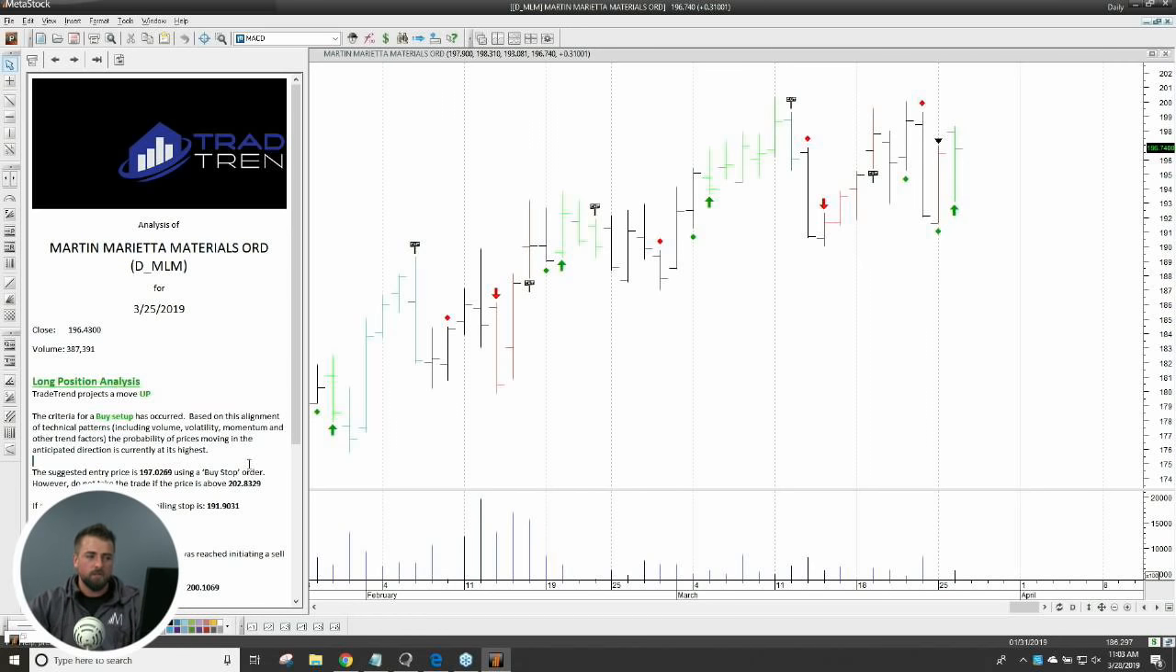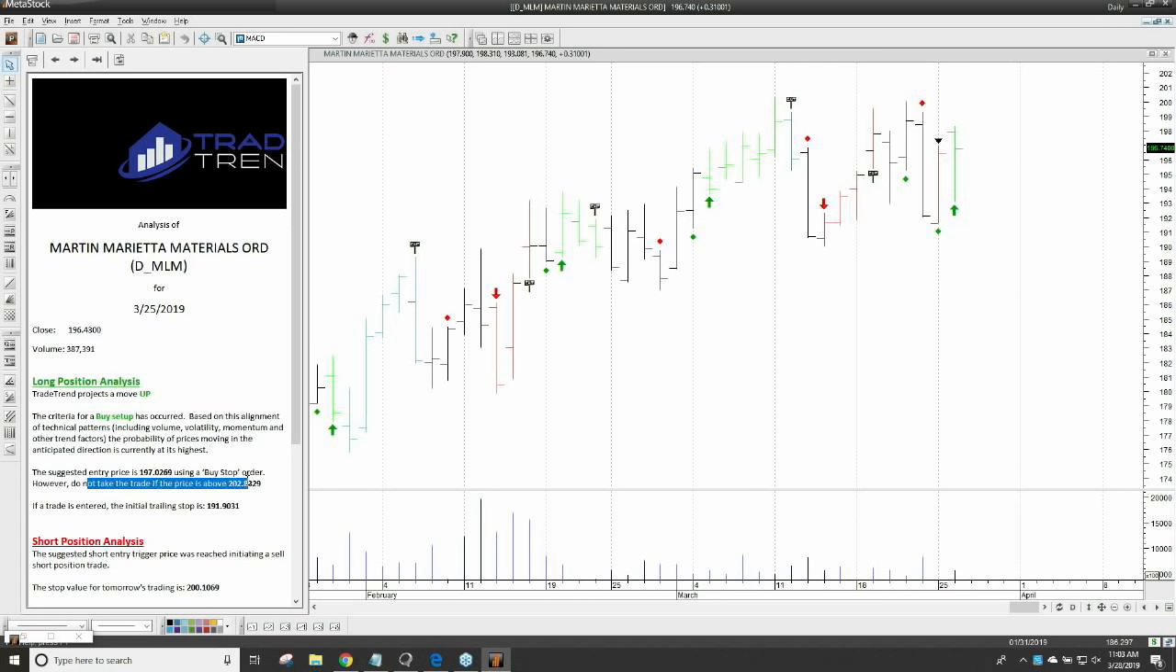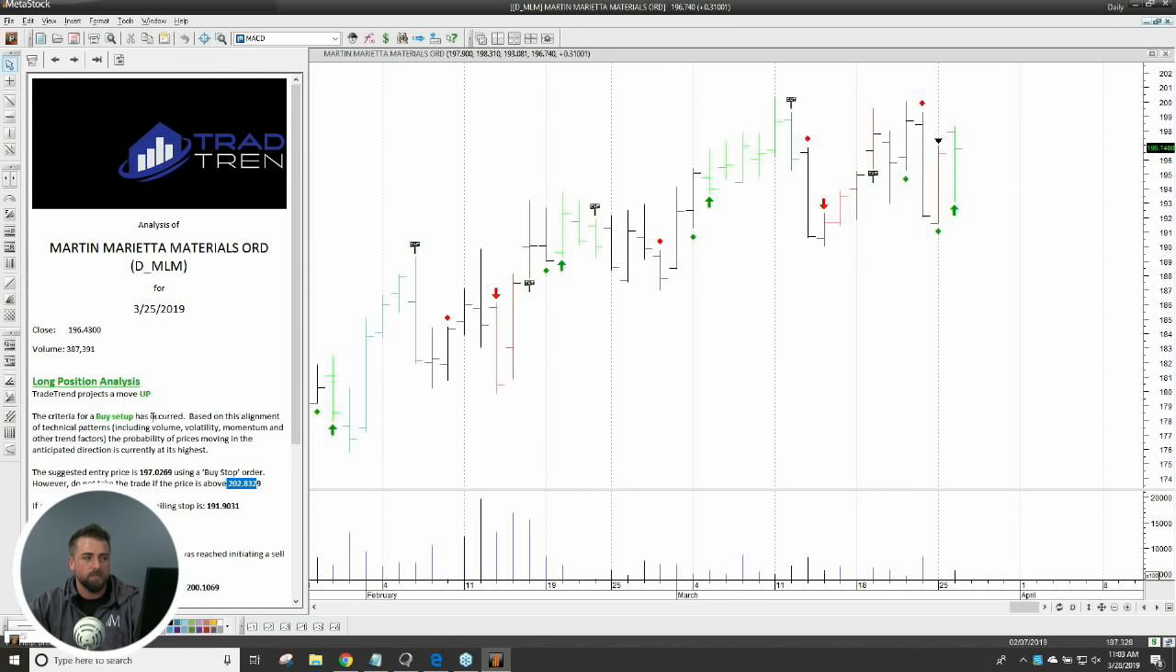For those of you that don't place buy stops, or if you're looking at it later and there's a gap up or something of that nature, it says do not take the trade if the price is above $202. So if you want to get this signal and look at it the next day, you can still get in as long as it's between $197 and $202. You're still going to get into the trade that day. So the commentary tells you that. It gives you these exact prices, but it gives you a setup with this,